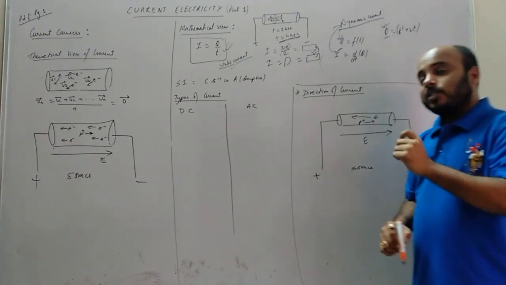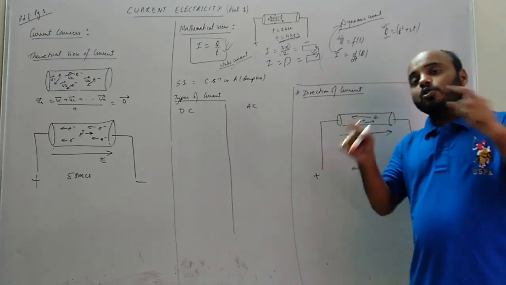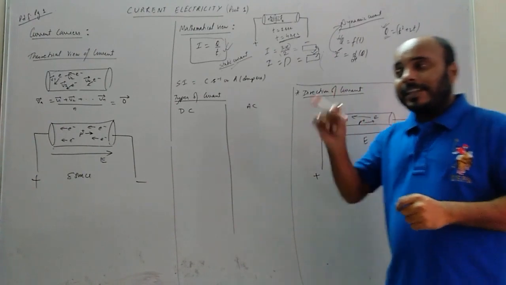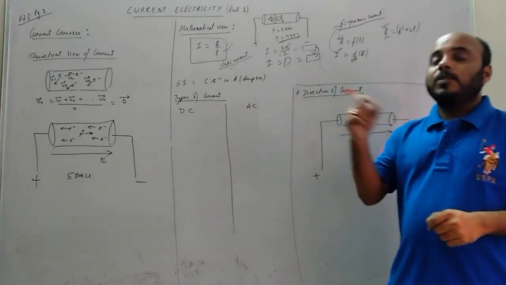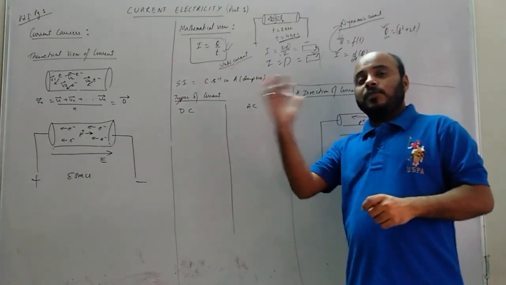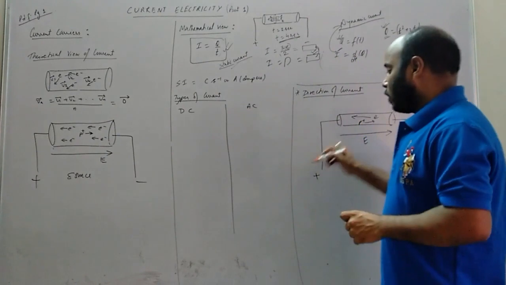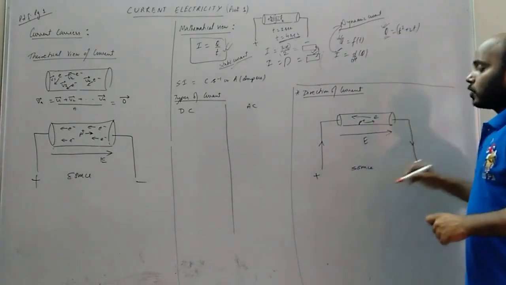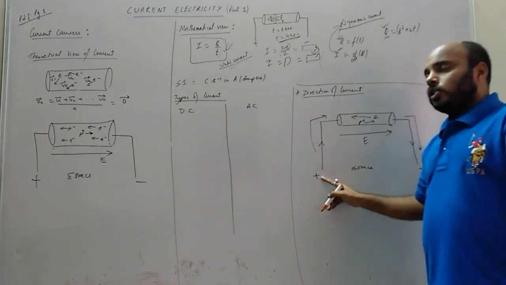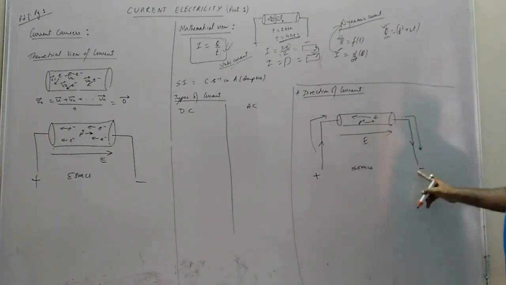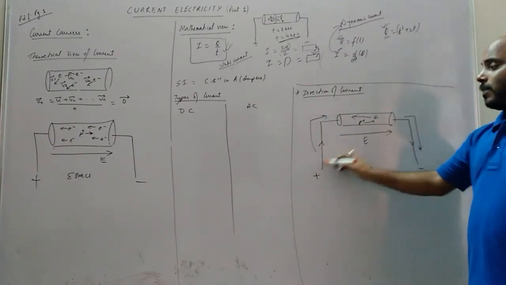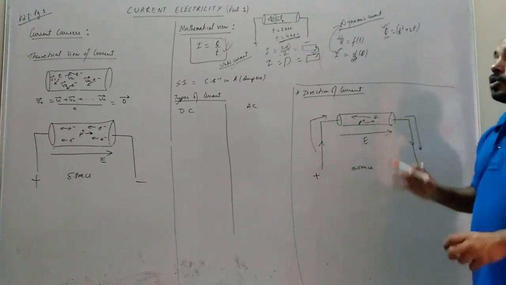Now, what is conventional direction? Conventional direction means the direction which we show in the figure in an electrical circuit. That direction of current which we will work with, which we show in circuit diagrams, is called conventional. By convention, we got this. So that is always from positive to negative. This is the direction of conventional current. You start with the positive point of the source and go to the negative point of the source. That means it is the direction of proton. Same direction of proton. So this is called conventional direction.